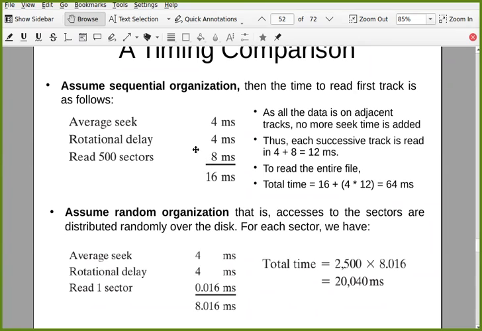So for the remaining 4 tracks, there is no seek time required because your read write head is at the proper position and all tracks are consecutive. So only the first track reading requires 16 milliseconds and the remaining 4 require 12 milliseconds each. So it is 16 plus 4 into 12. In total, it is 64 milliseconds. Are you getting this calculation?